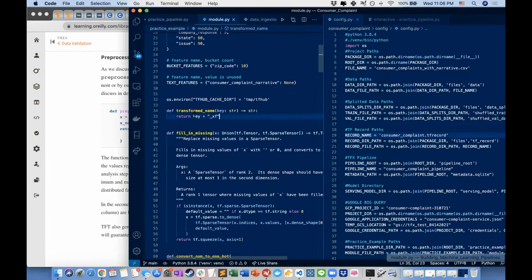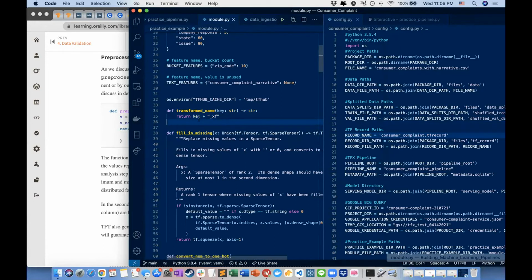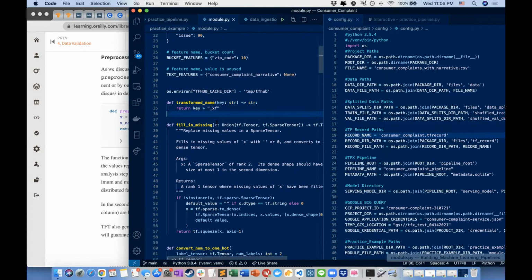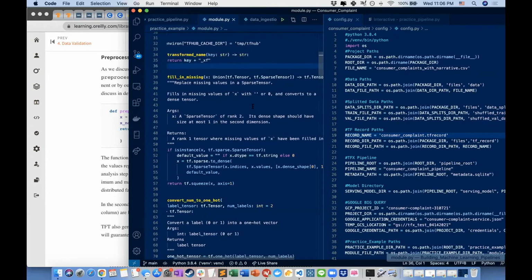We're going to transform the name of the feature with _xf. So basically, we'll have columns that have the feature names and underscore xf. And also, we want to replace missing values in a sparse tensor,